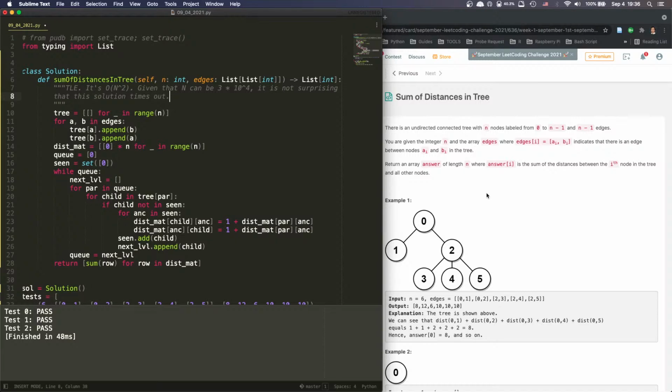Hold on. Let me think. So for each node, we will go through everything that's seen before. If we go only one of them,